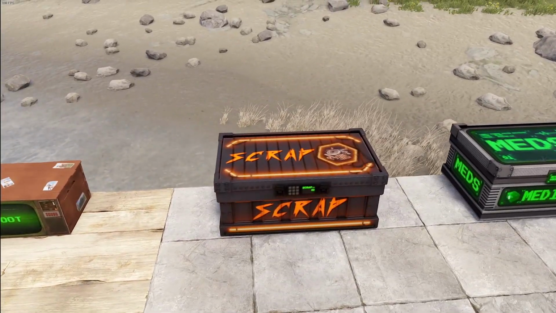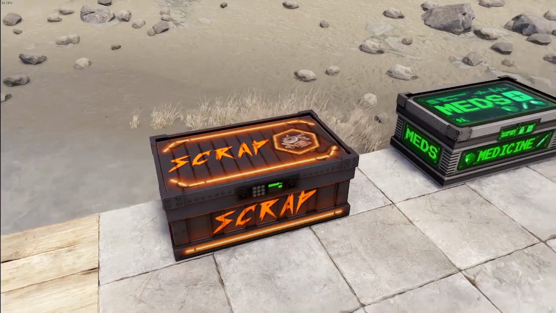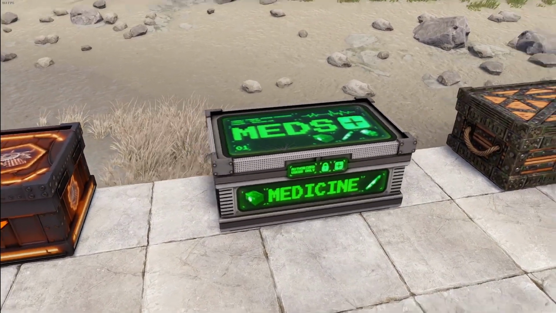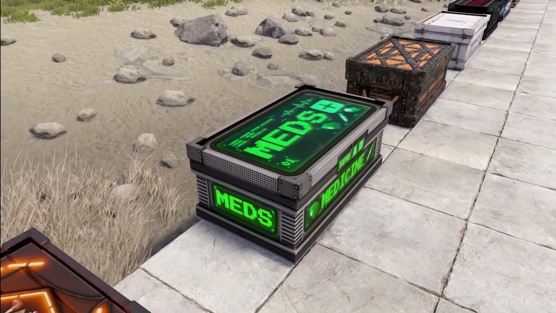Moving along, we've got our large boxes, and the first one up is going to be the Contraband Scrap Box. Nice continuation in the Contraband set. Moving along, we've got the Retro Meds box. It has two versions. One version that's kind of more beige, and then this is the more kind of gunmetal gray